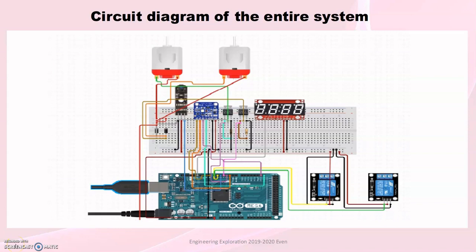As you have seen the virtual implementation of our 3D model, let's come to the circuit diagram. This consists of an Arduino board. This is the IR sensor which detects the notes coming in, and this is the color sensor, and these are 2 relays used for the DC motors, and these are the two DC motors with an LCD display. These are the motor drivers which help the motor to work. I will brief you on the connections in the simulation slide.